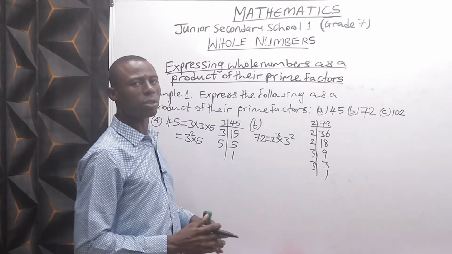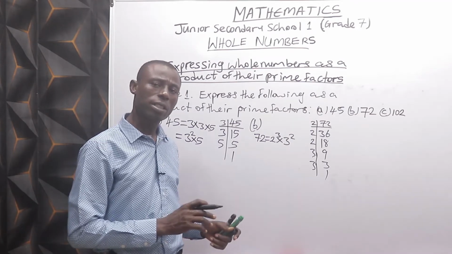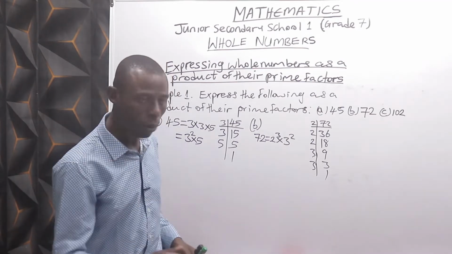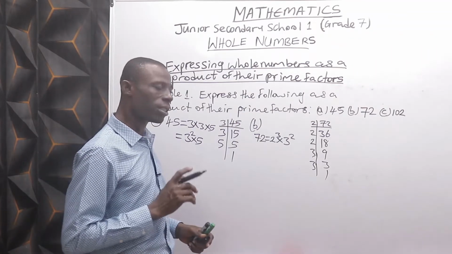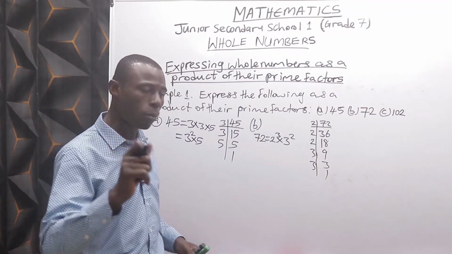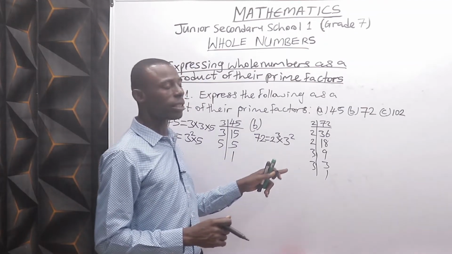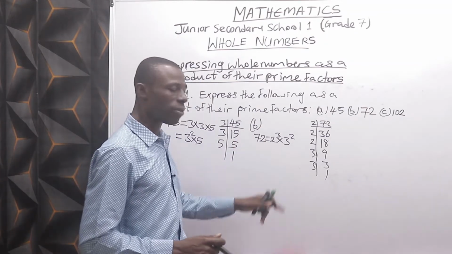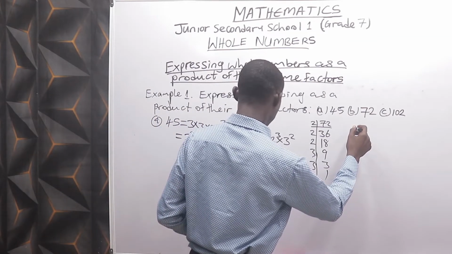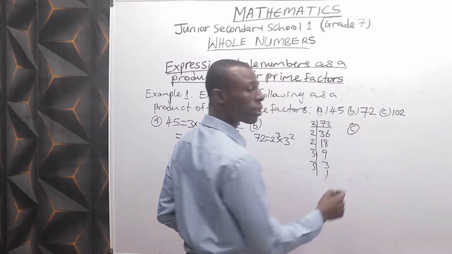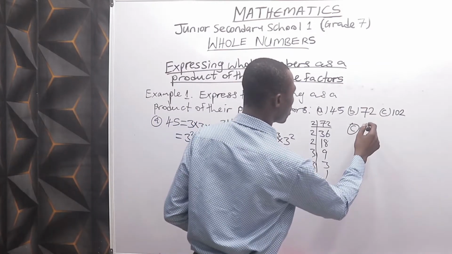If the question does not specify whether to leave it ordinarily or in index form, you are free to leave it in any way. But once the question demands index form, you have to leave it like this: 2 raised to power 3 times 3 raised to power 2. Then C, the C part, which is